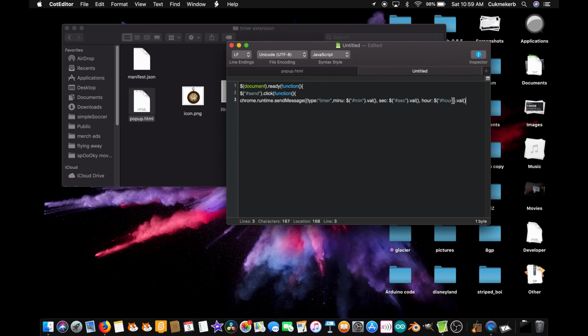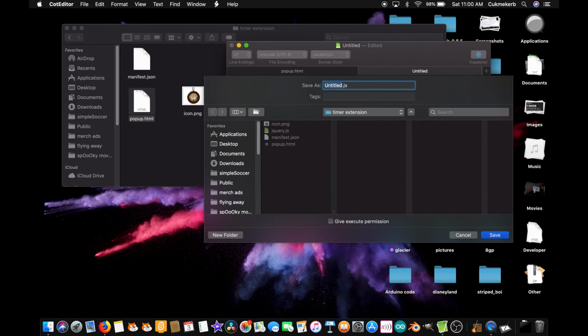And then close curly braces, close parentheses, semicolon, and then close parentheses again, close curly braces again, close parentheses again, semicolon, and then one more time, close curly braces and close parentheses. Alright, that's our pop-up script. So save this file and call it popup script.js, or whatever you called it in the HTML file,